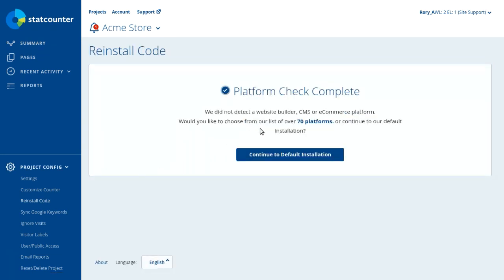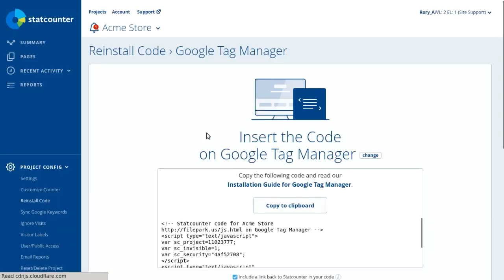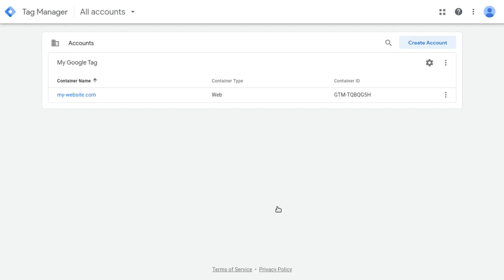In the middle of the screen, click the link where it says 70 platforms. And in this pop-up, click Google Tag Manager, which is in the second column, about halfway down. On this page, click the button Copy to Clipboard, and then go to your Google Tag Manager and click on